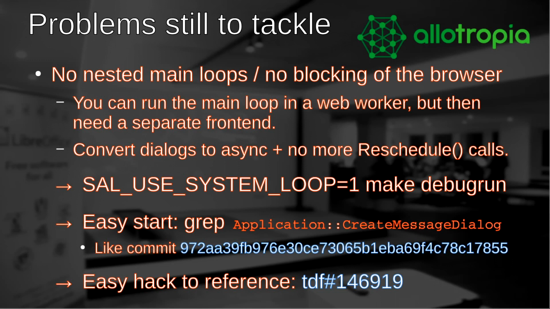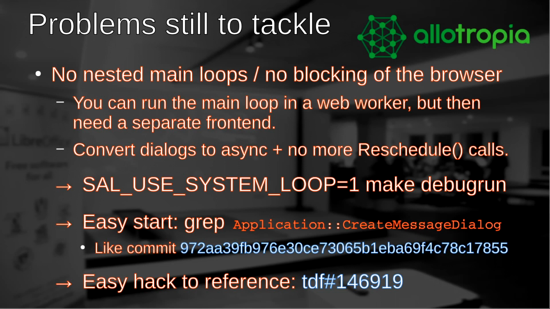The problem is that LibreOffice is essentially doing that since, I don't know, 30 years. So we need to fix that. The good thing is that there's another project that also needs that fix, which is Collabora Online, because they also have a problem there. And it's just the size of the problem. It's something like 250-ish dialogues that need to be made asynchronous so that you can fire up the dialogue, then return from your call stack, run in the main loop again, and then if an event happens, get back into the dialogue code,